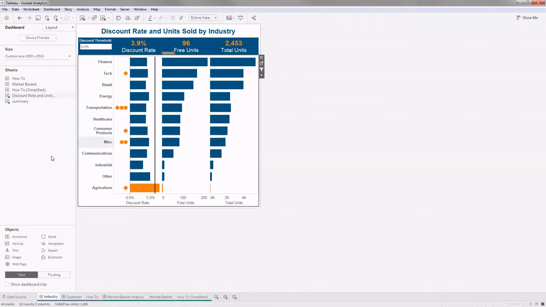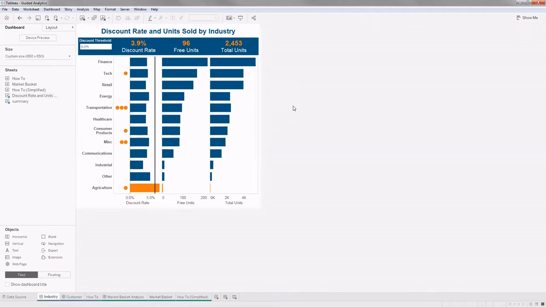Understood. Okay. So this is a very common visualization or use case: I give a certain threshold, and highlight everything that is above or below that threshold. But oftentimes our data is at a more granular level than the visualization itself. Here my visualization is at the level of different types of industries, and in each industry I could have multiple customers.